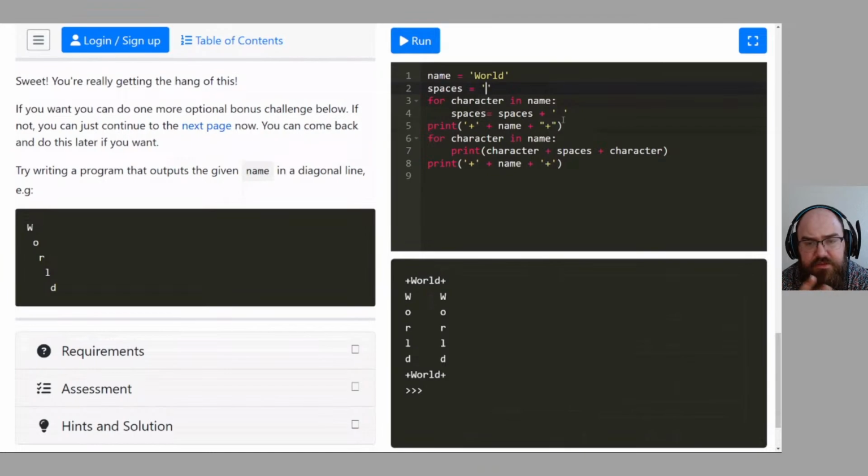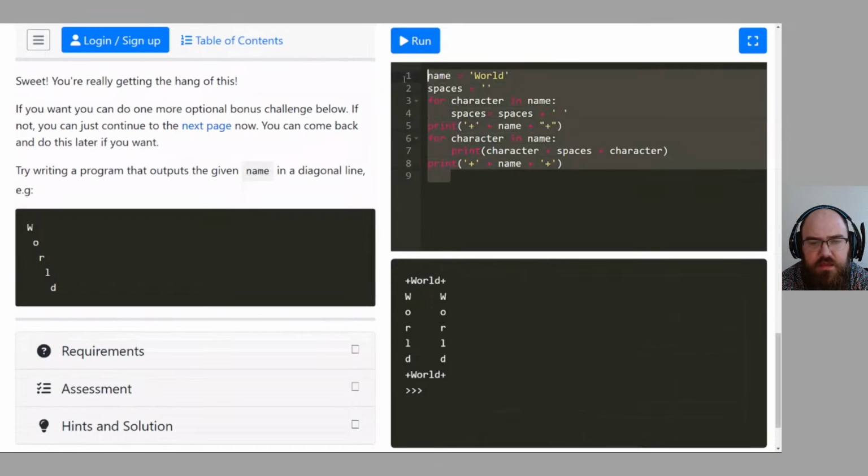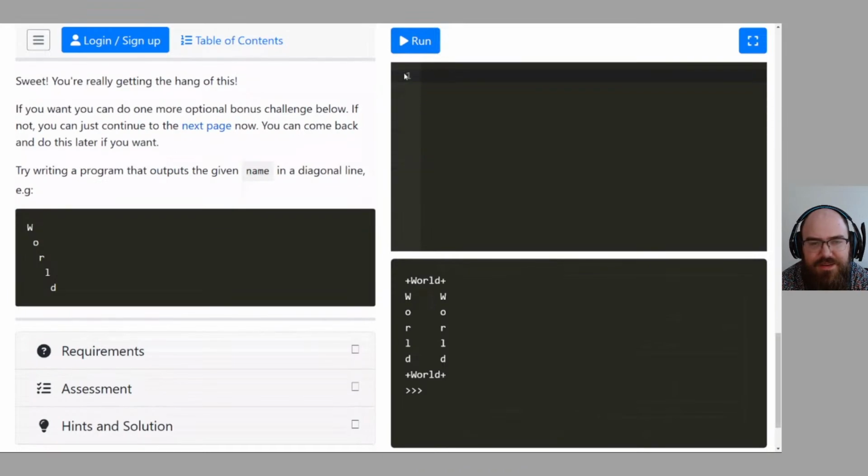Yeah. So delete everything. I was just about to. All right. Type name equals Bob. Name equals quote Bob. Oh yeah.